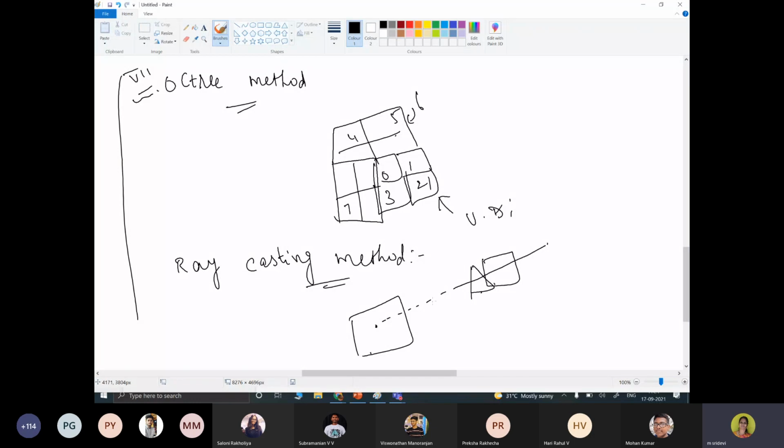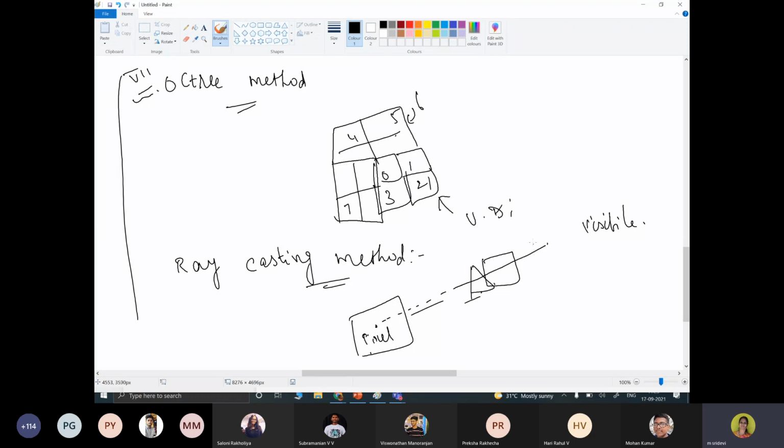So we have a pixel, and many rays are passing here, whichever pass through the objects. Whichever it strikes, those regions are called visible surfaces.